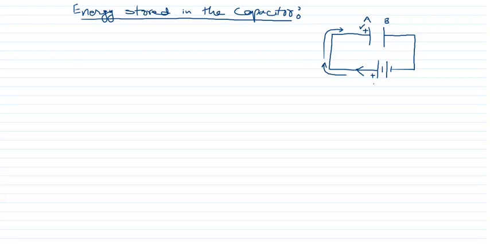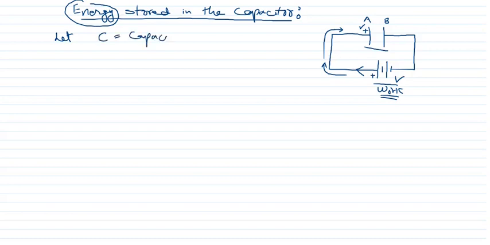So in that case, this battery has to do work. Now this work done by the battery gets stored in the capacitor in the form of its energy. So in this way, what is the work done? That is what we are going to calculate, and that work done is stored in the capacitor in the form of its energy. So let us suppose we are having a capacitor